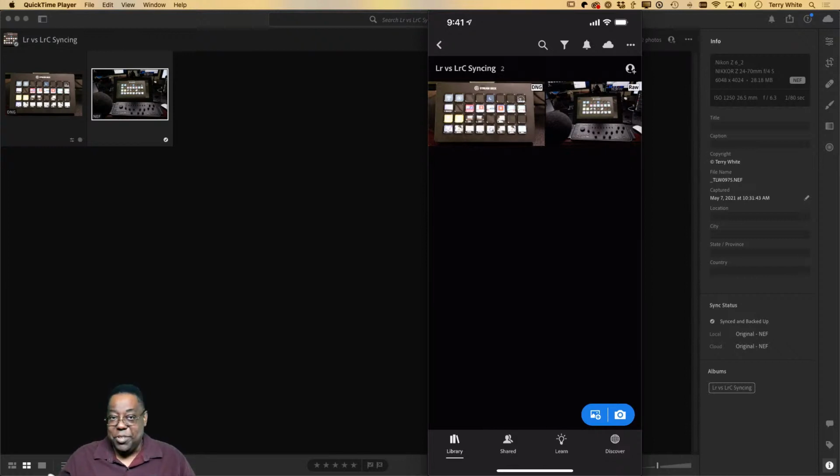So that's storage. Storage is either on your hard drive for Lightroom Classic. Smart previews don't take up any storage in the cloud. Lightroom does require storage, because you're not storing the photos on your hard drive, you're storing them in the cloud, so therefore you purchase the storage there.